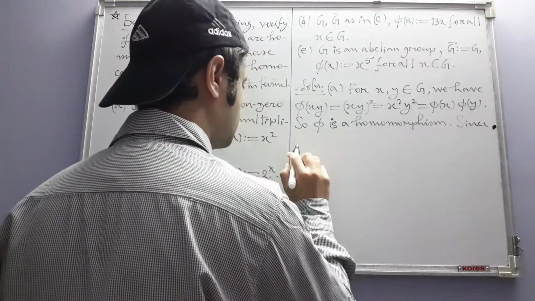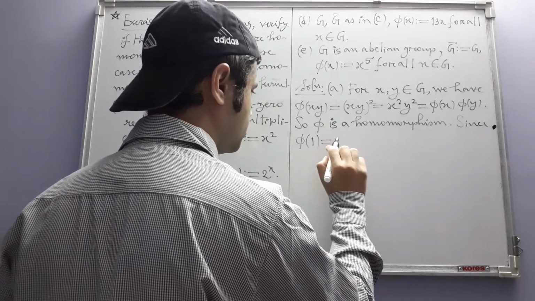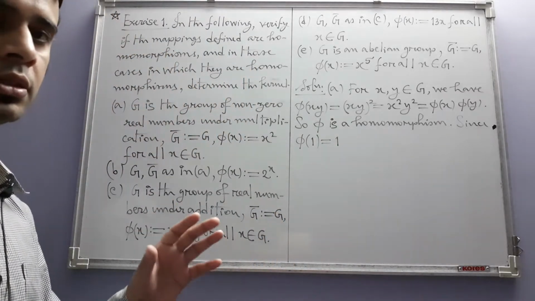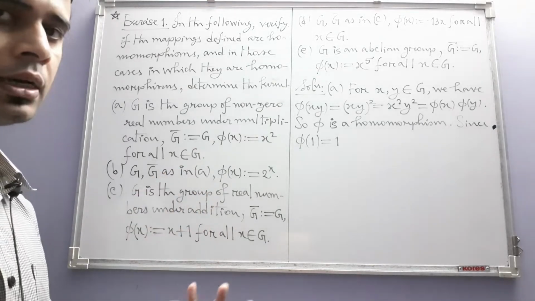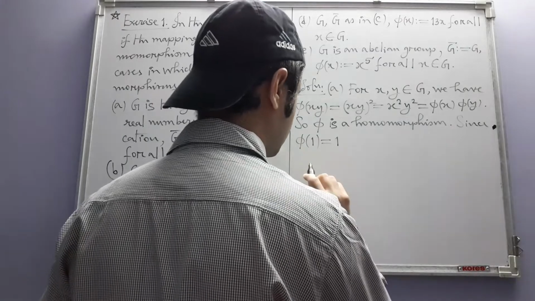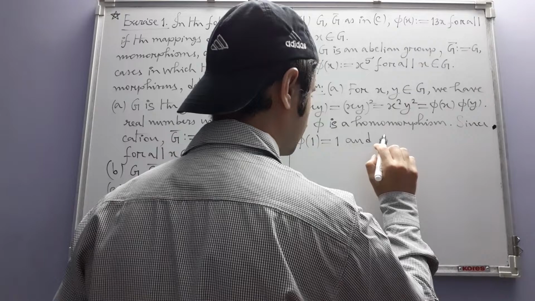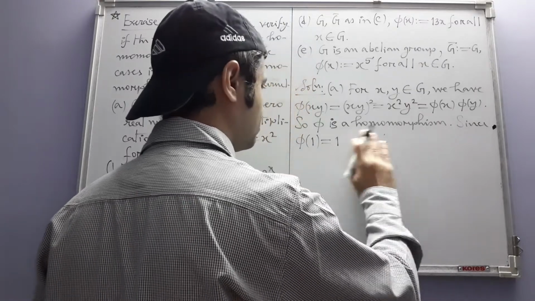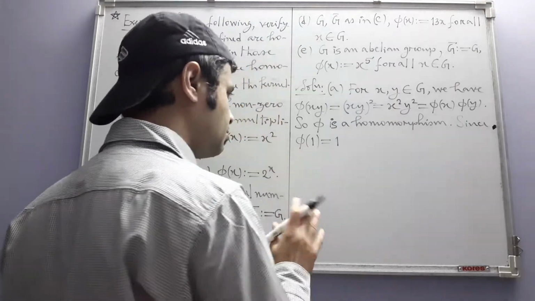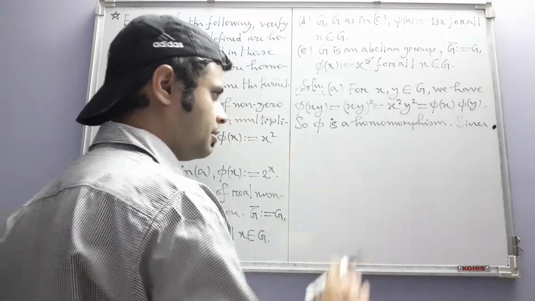So the kernel will consist of precisely those non-zero real numbers whose squares are equal to 1. Since phi of 1 is equal to 1, okay, in fact we can determine the kernel somewhat more quickly. We don't have to write this many things,